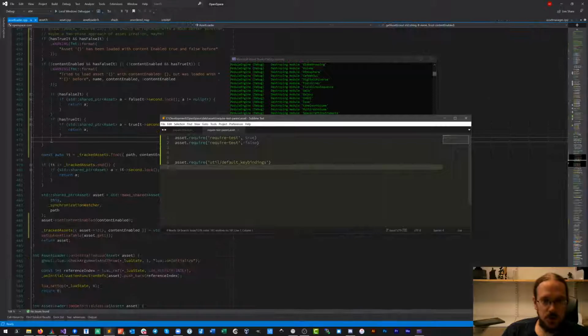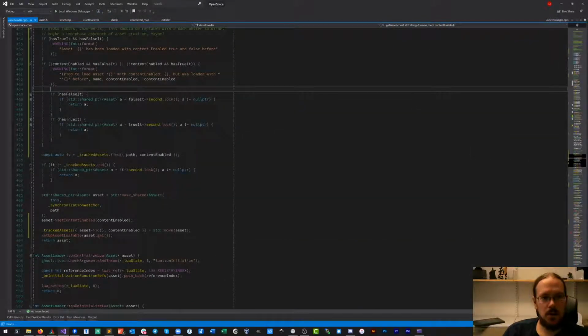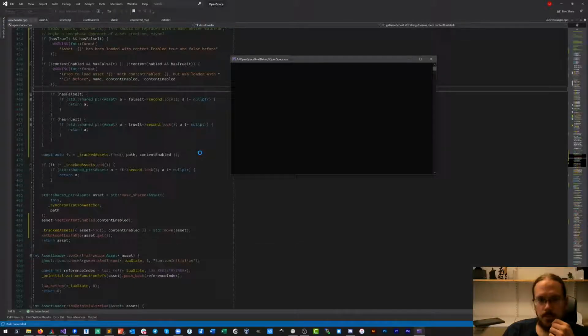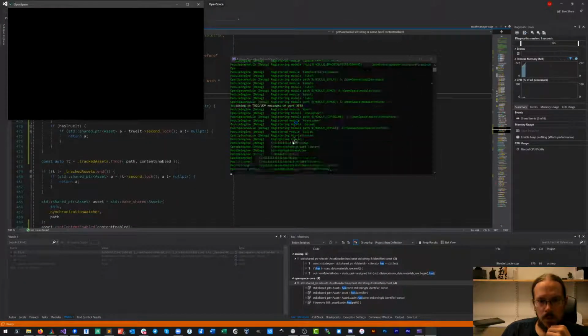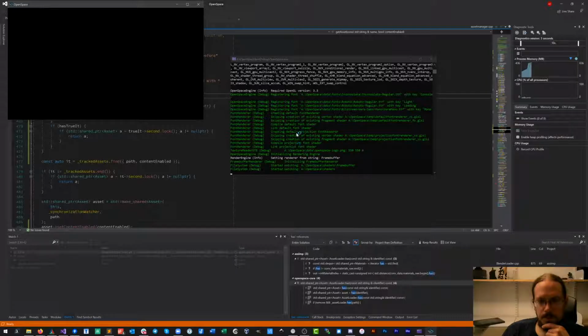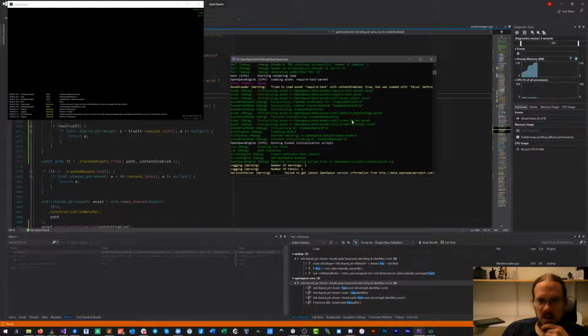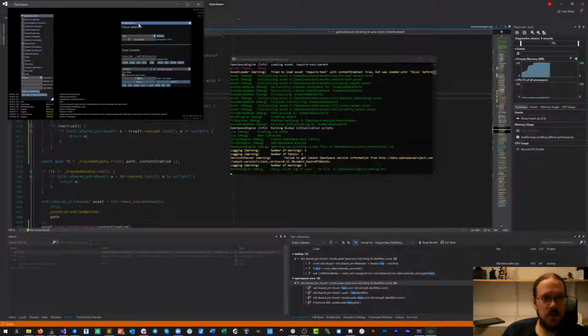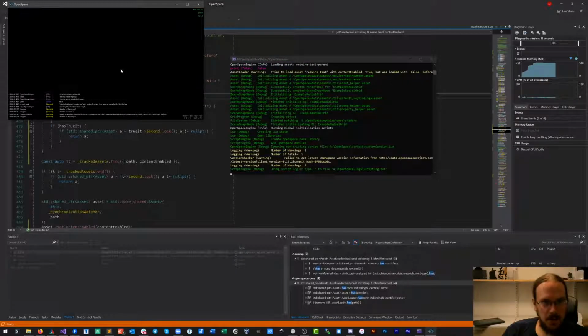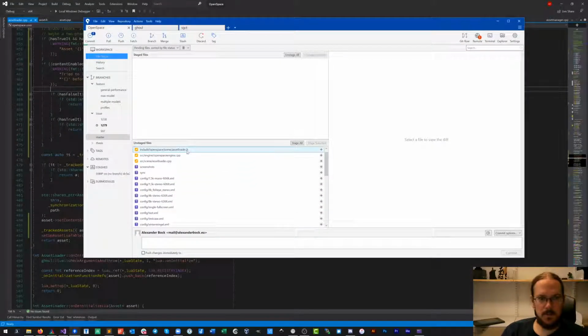And if we switch these two, it should be exactly the opposite. Did try to load with true, but it was loaded with false, and we should have no grid. Great. All right, that calls for another